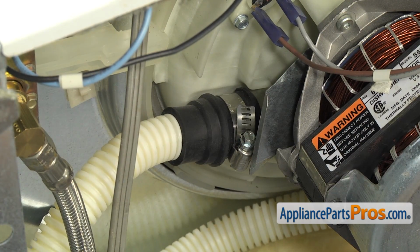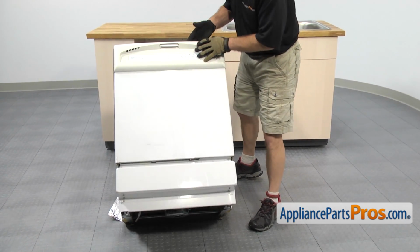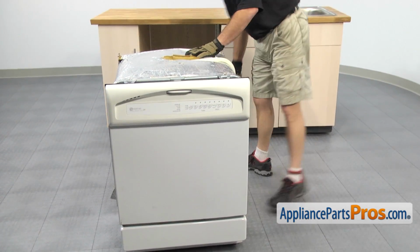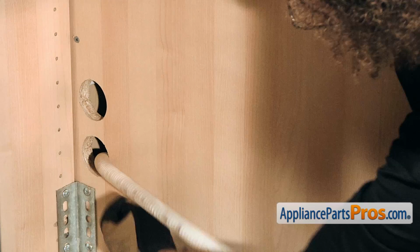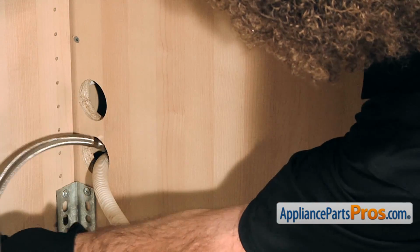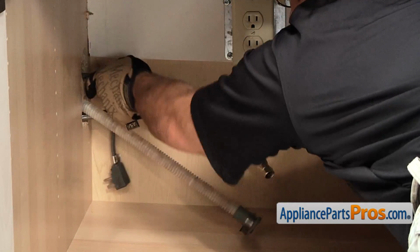Now that we have everything reconnected on the bottom, we can take the dishwasher and very carefully set it back up onto the feet so we can put it back into the cabinet. Once you have the dishwasher up, you can pull the towel out and set it aside. First thing we need to do is put the lines back through the cabinet. We want to push the dishwasher in about halfway and then go underneath the sink and pull on the hoses